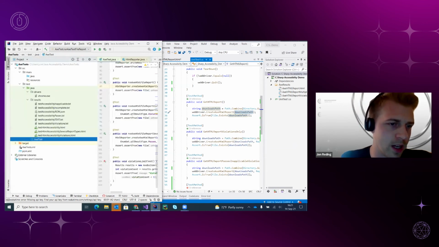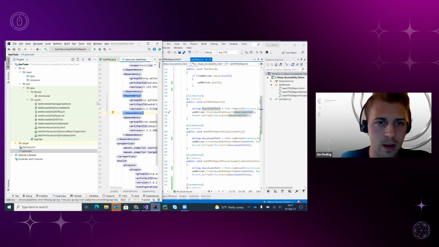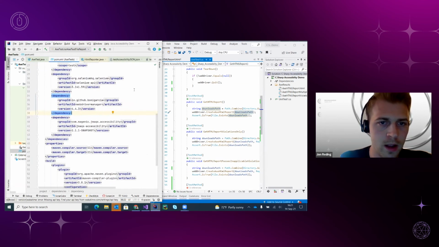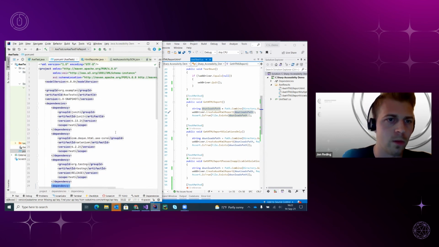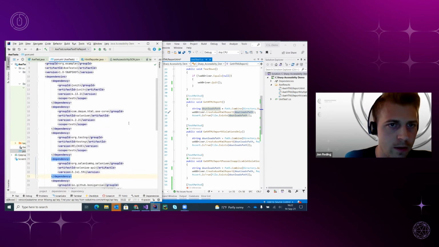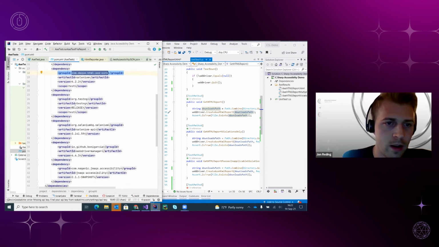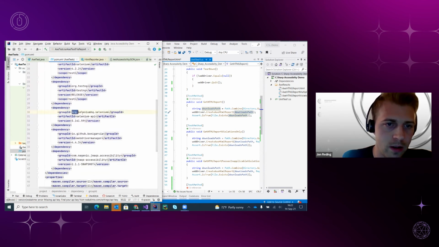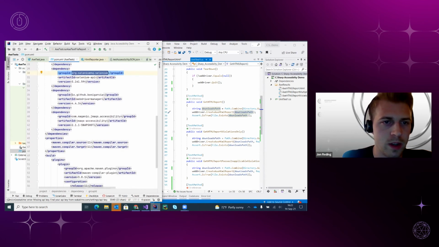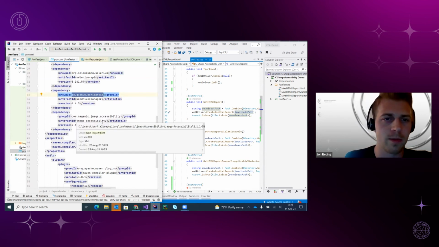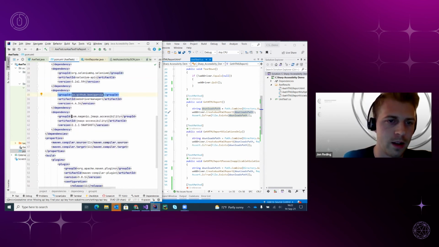For the Java side, take a look at my POM here. I'm going to start at the top. What we have is we're using JUnit. We're using the Axe Core framework. We're using the Selenium org. I'm using this one right here. This is for the binaries, handling your WebDriver and making sure that I don't need to care about that stuff. And then here is the